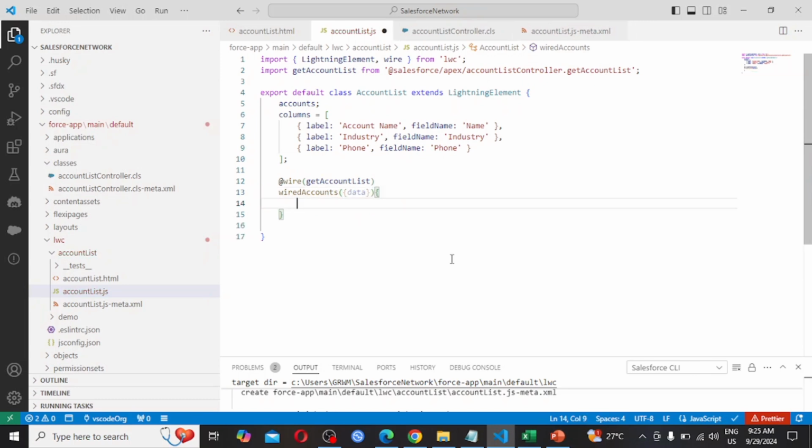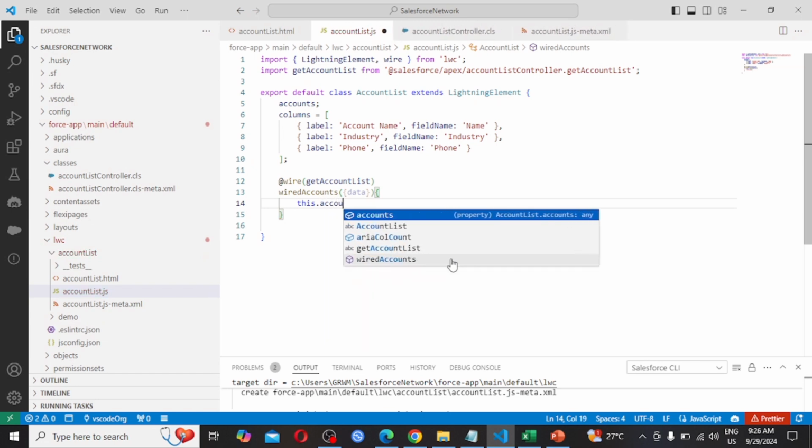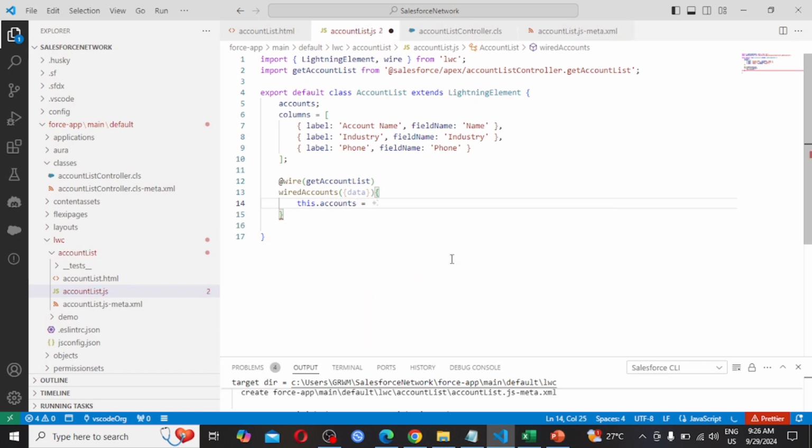Then starting the curly brace, and here we are putting this.accounts equals data. It's done. So we had created the JavaScript controller.